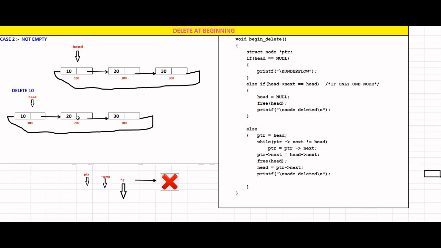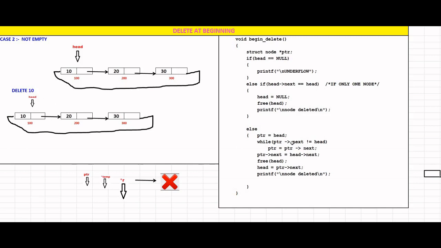So we copy the address of 20, that is 200, here. Right now it stores 100, the address of 10, but after deleting 10 we store 200 here. Also head will point here because head always points to the first node of the linked list.